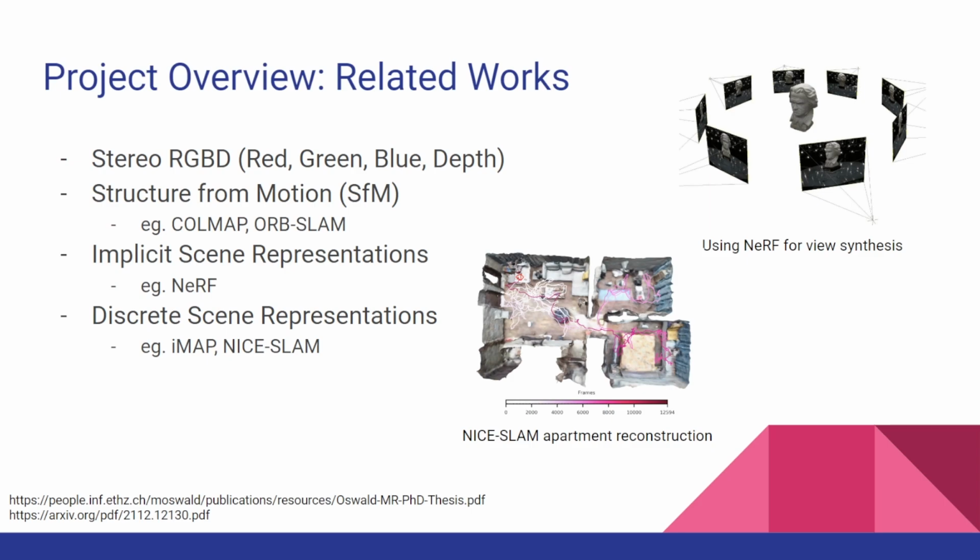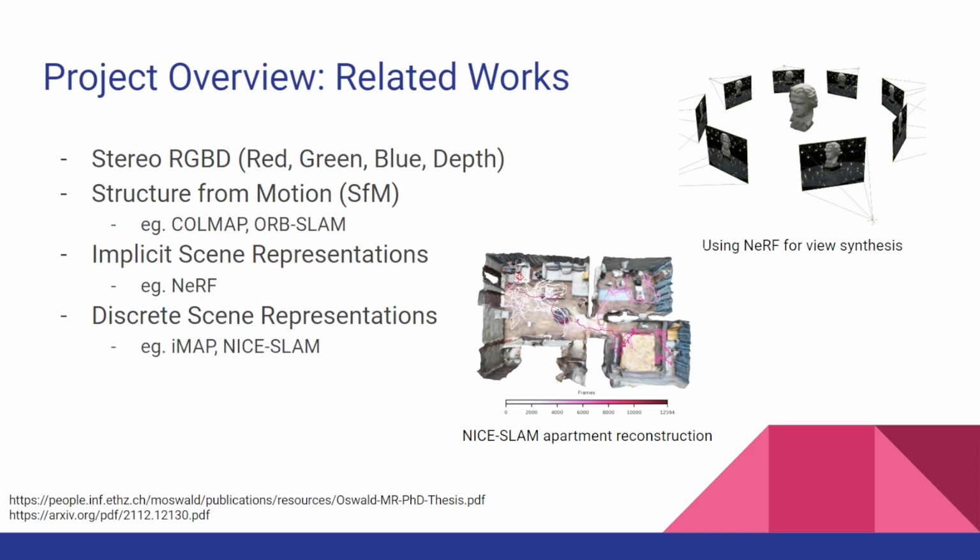For implicit scene representations, they encode the spatial location, geometry, and appearance of objects into a memory-efficient and compact form by using neural networks. One example is NeRF, which represents objects and scenes used in view synthesis, something very similar to 3D reconstruction. On the other hand, we have discrete scene representations, which update scenes through direct observations and is